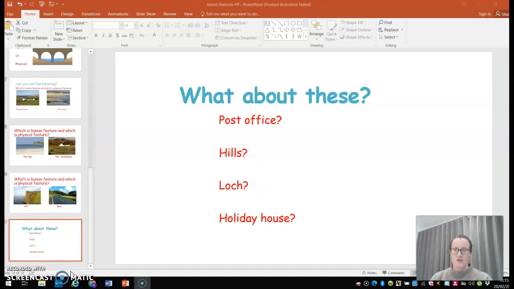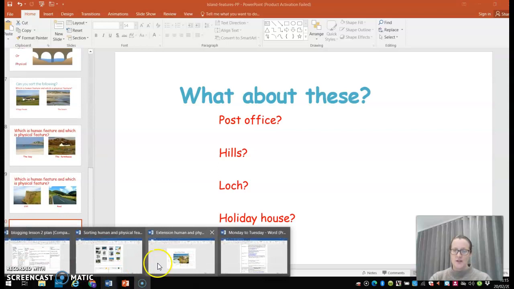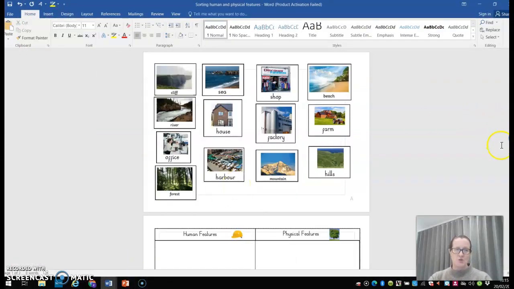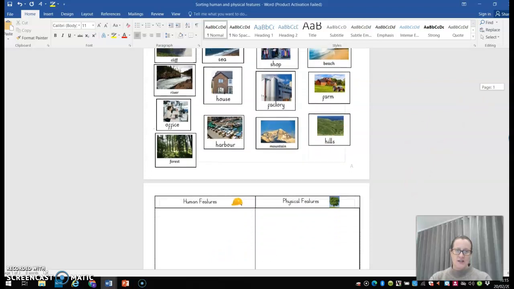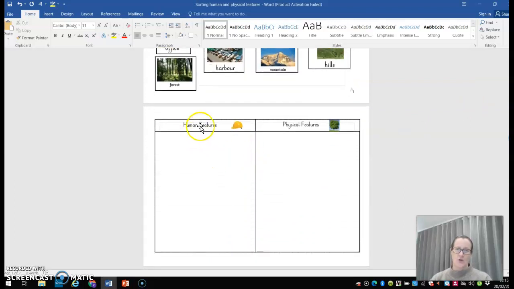So, I'm going to show you the activities that we've got that will be sent through to you. So, the first one is a sorting activity. Okay, so you've got all these different items here. So we've got a cliff, a house, a factory, mountains, okay, and the second sheet has two categories. So we've got human features and the hard hat there to show you that it would be man-made, so we would build it, okay, and physical features, so naturally occurring, so we've got the tree there because